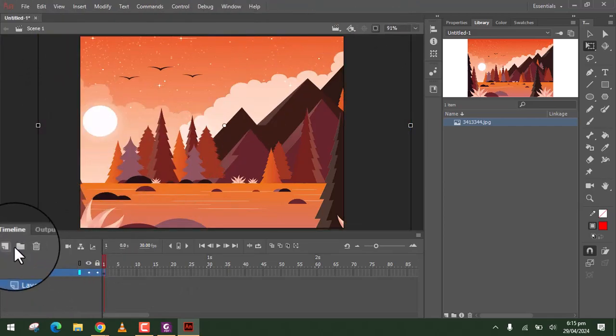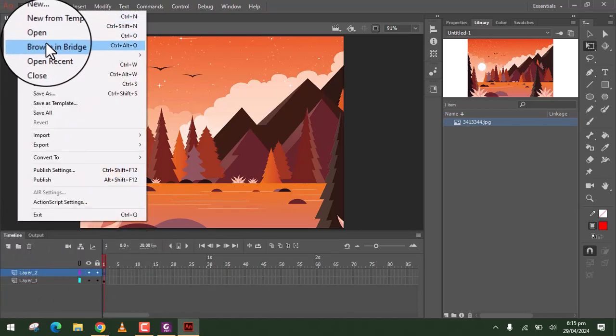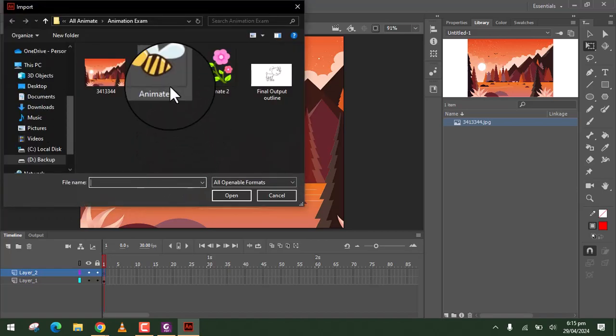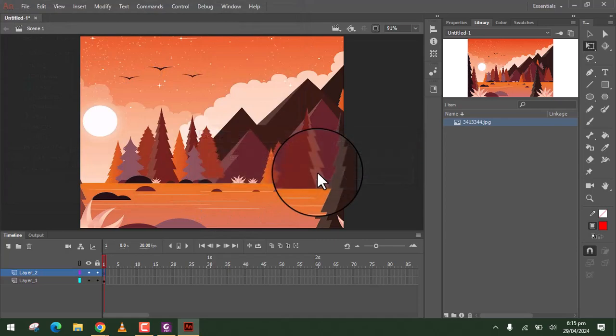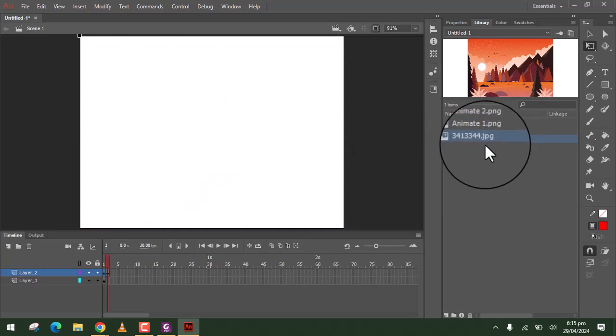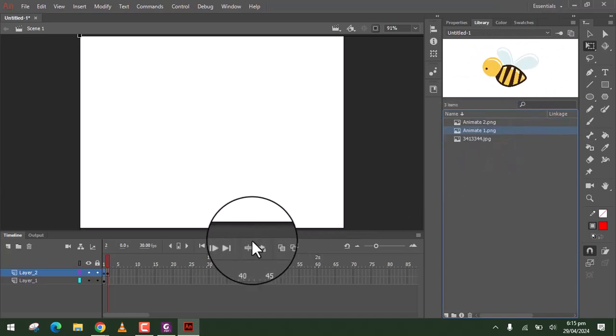So let's import another one. So let's create another layer and then file and then import to stage. Let's try this bee. Yes. I have the bee and the flower.